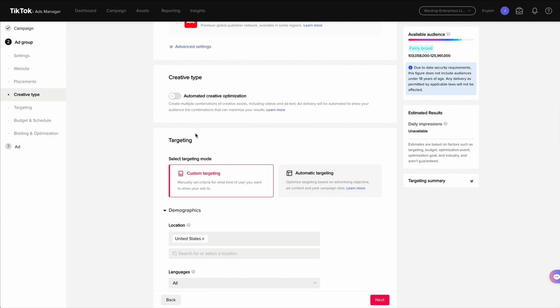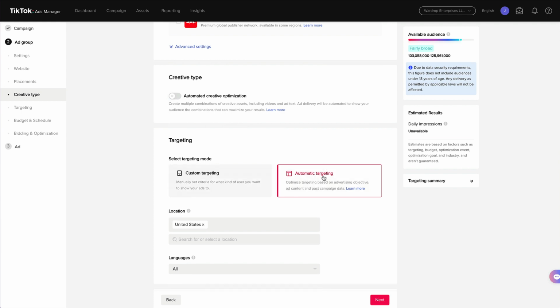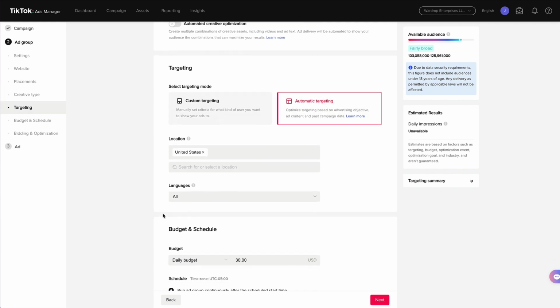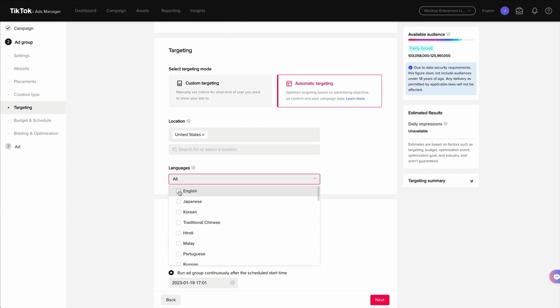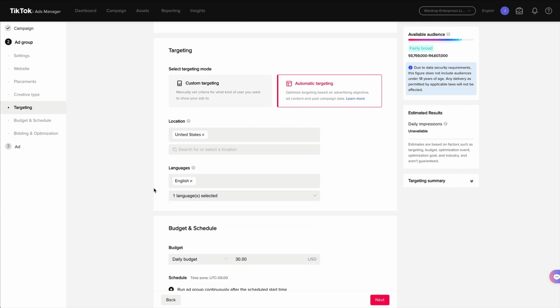And so here, I do two core targetings, like I told you. The first one, I literally do automatic targeting in the United States, and then I choose English just because I'm speaking English. I don't want someone who speaks Spanish or only understands Spanish to see my video, right? And that's it. I know it sounds crazy, but I've actually done this quite a bit on Facebook and Instagram ads, completely open targeting and having the algorithm just pick people up, and it works extremely well. The reason I thought to try this initially on TikTok is because